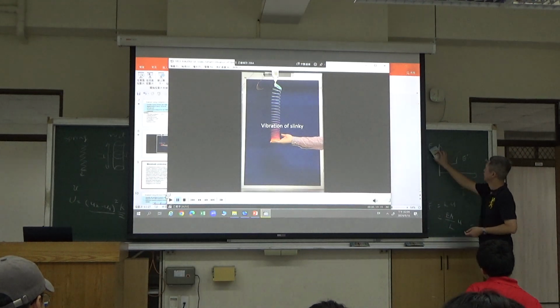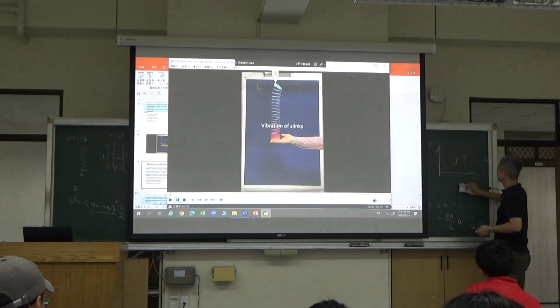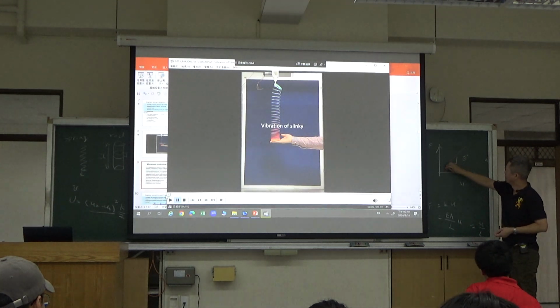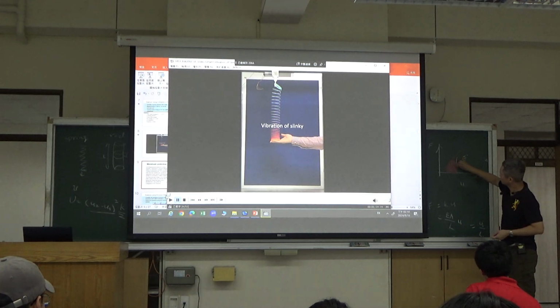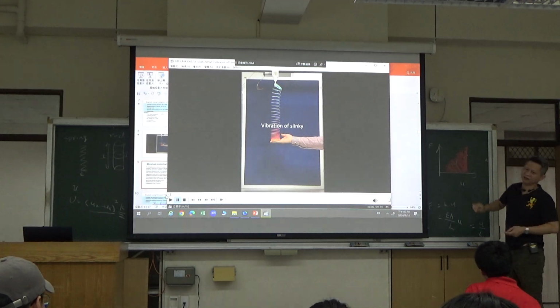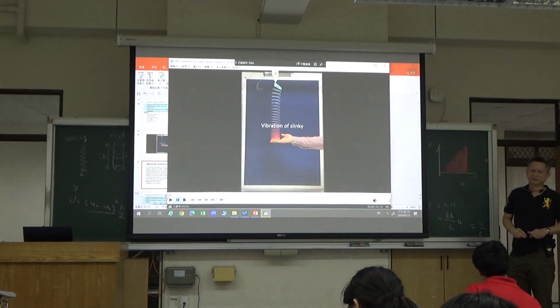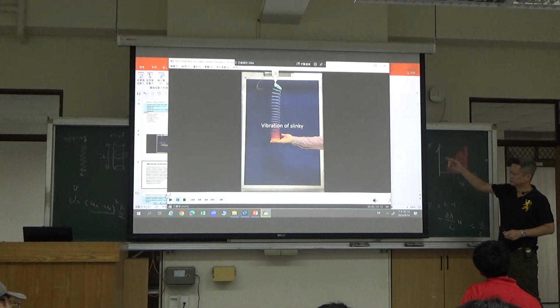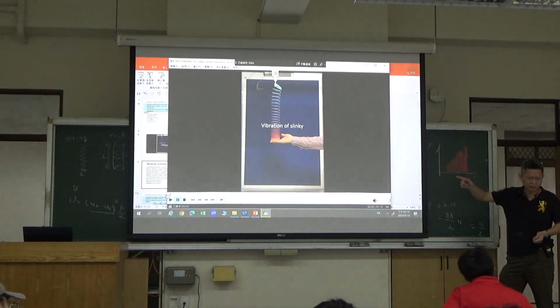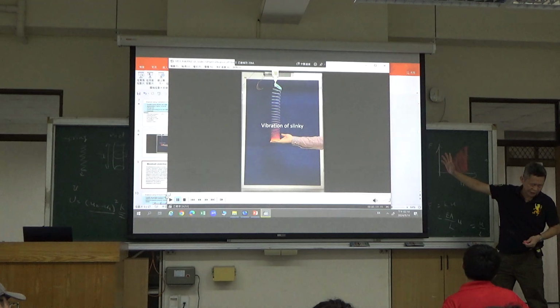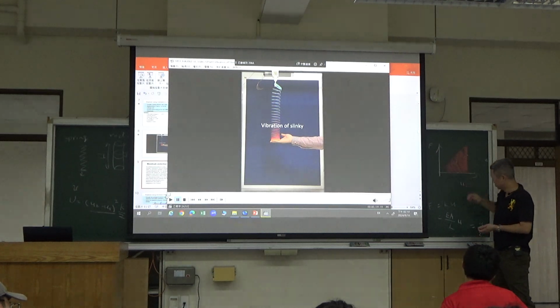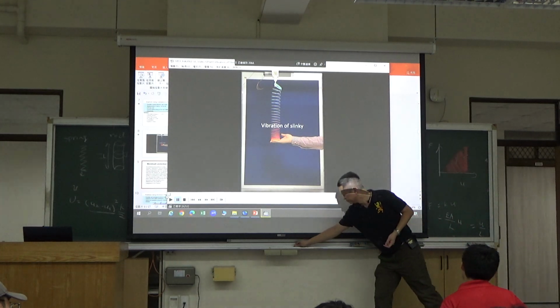This is the force versus the displacement. The strain energy storage is this amount. But what is the work done by the weight? The weight will change. So the work done by the weight is